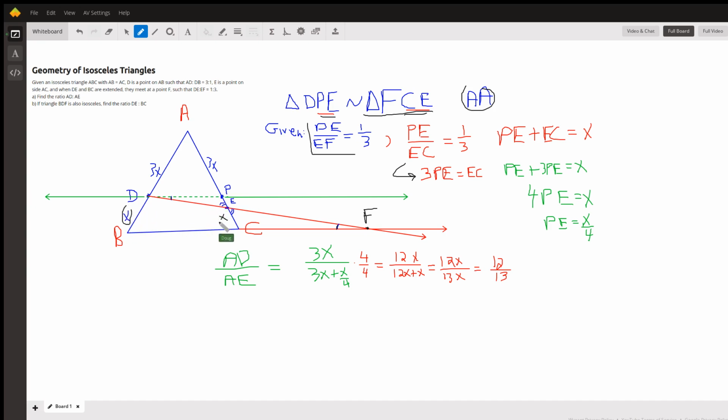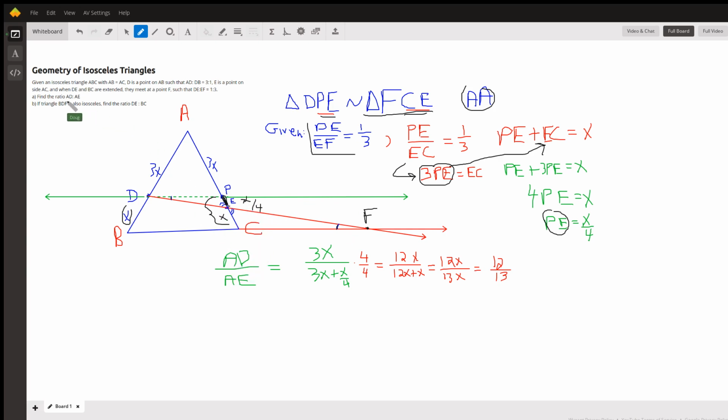So this is X. And if that's true, I can substitute this into here for EC, and I get down to the fact that PE is equal to X over 4. This little segment right here will always be X over 4 if the ratio of DE to EF is 1 to 3. And so if I call this X over 4, I want to find out what the ratio is